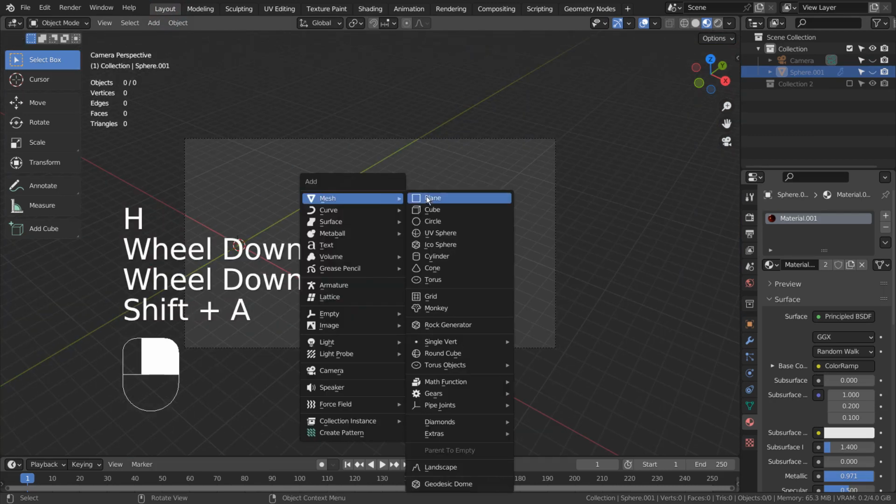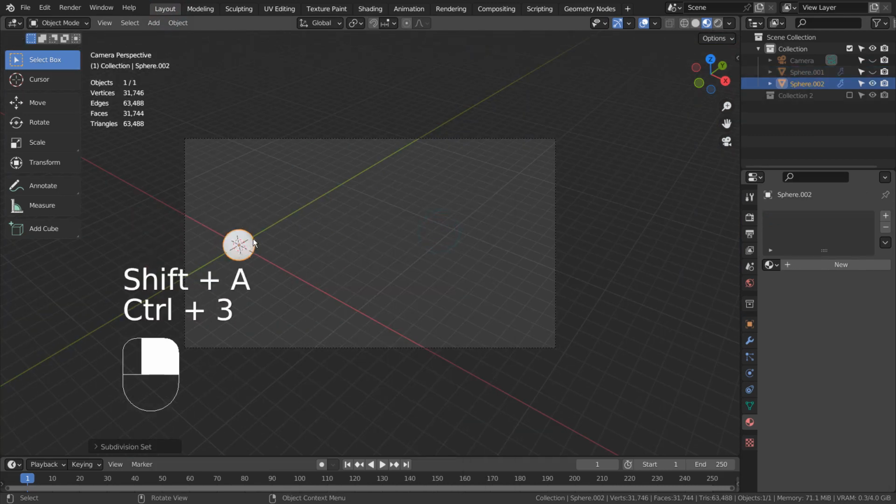I'll create an arrayed sphere scene to show you what would happen if multiple meshes are using the same material.